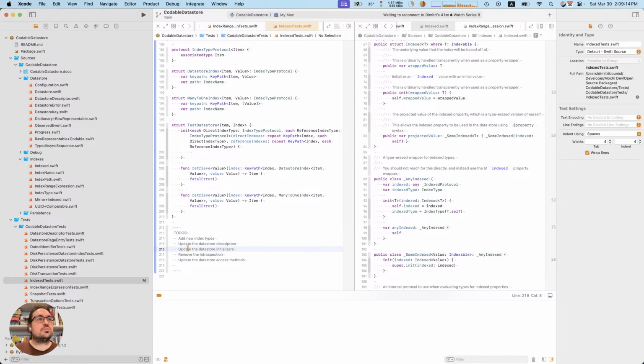Update the data store descriptor, update the initializers, remove the introspection. I think that will get all of it. I also want to have new generic top level persistence types, so that the generic signature doesn't look so crazy.